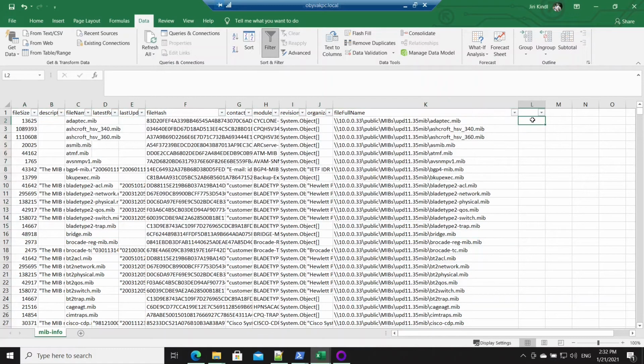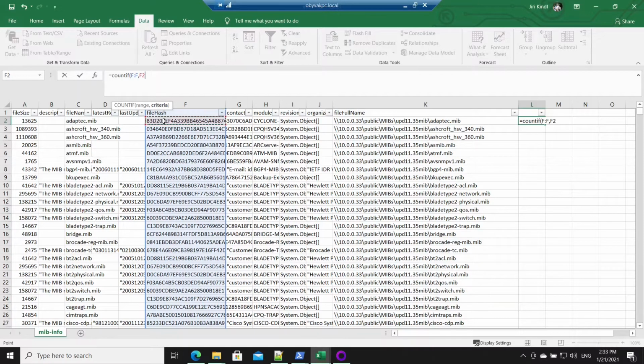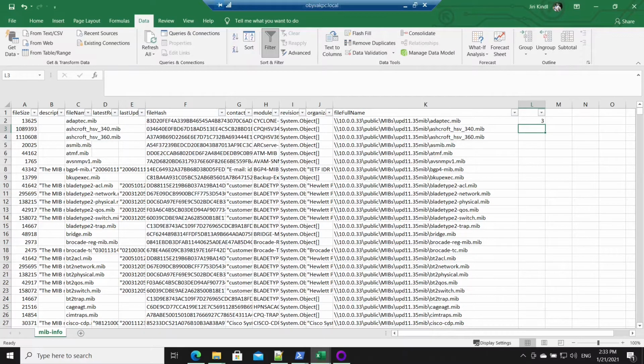To find the truly duplicate files, the files with absolutely the same content, we can use a file hash. If the hash is the same, the content of the file is absolutely the same. So what we're going to do is use COUNTIF, and it wants a range, which will be all the hashes, and we are counting the number of this particular hash. Now we extend it for all,